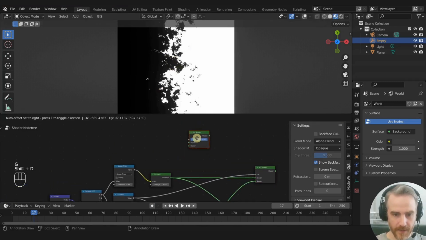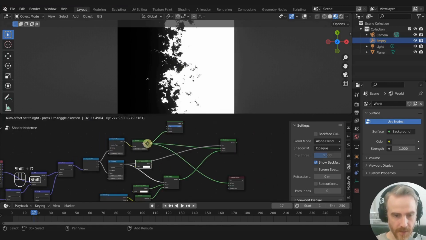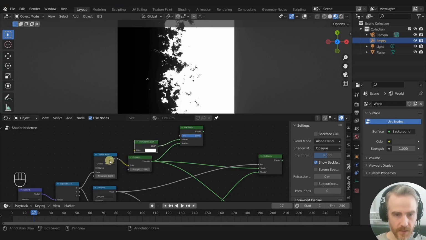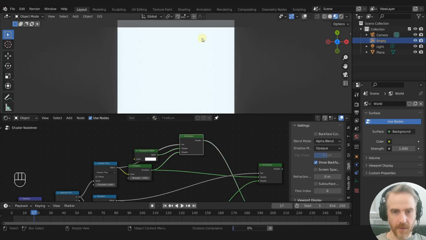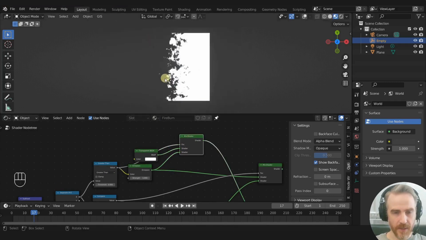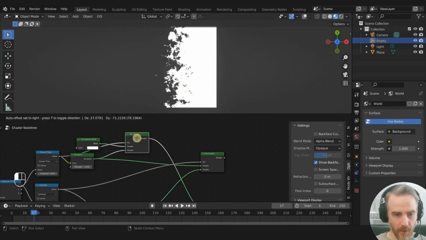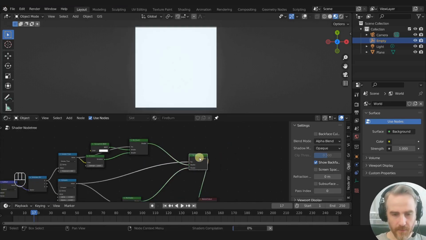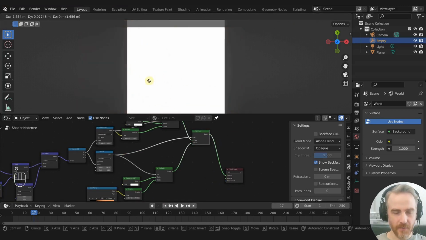Let's just duplicate this. So the emission shader here, I'm going to duplicate our transparency here, and we are just using transparency here. So the greater than, we're going to use that as the factor here, and then that should be all white here, and then this should be transparent. Yes, so that looks good. Now we're going to use the output of this, input that here instead, and plug both of those in. I hope you're following along. Combining that, now we have something that is fully opaque or visible, and then we burn it away